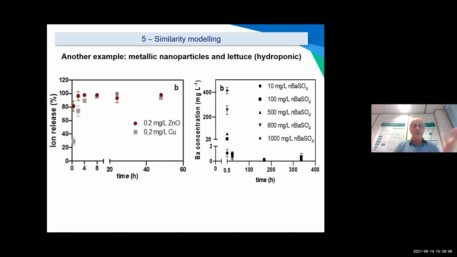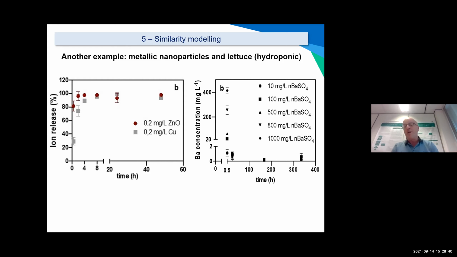And what you can see is that within 1 or 2 hours, more than 80% in some cases of the particles has already dissolved. So their contribution to toxicity will almost be negligible. It's just a few percent, especially after long-term exposure of the lettuce to the particles in this medium. The other example where the approach doesn't work, in the sense that the basic principles of limitedly quickly or limitedly slowly dissolving particles are not met,